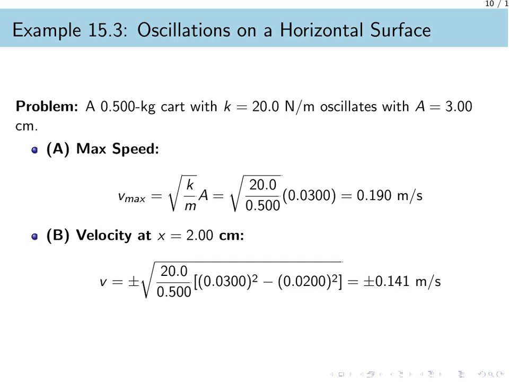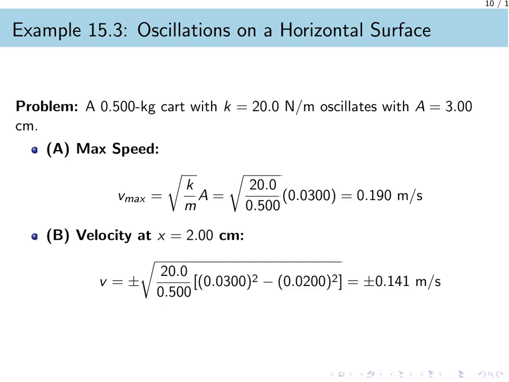We are given a cart with a mass of 0.500 kilograms and a spring constant of 20.0 newtons per meter. The cart oscillates with an amplitude of 3.00 centimeters. To find the maximum speed, we use the formula square root of the spring constant divided by mass, then multiplied by the amplitude. Converting centimeters to meters, we calculate a maximum speed of